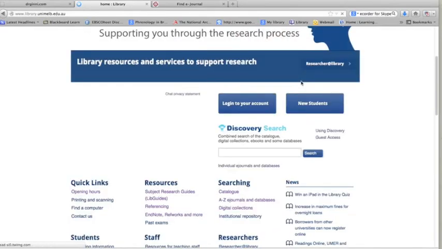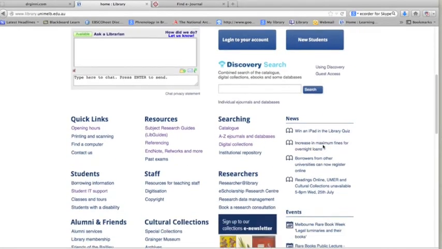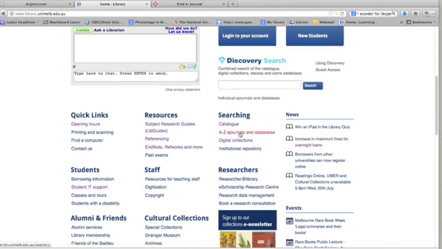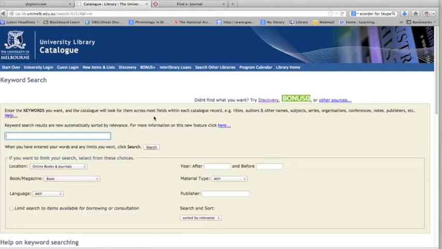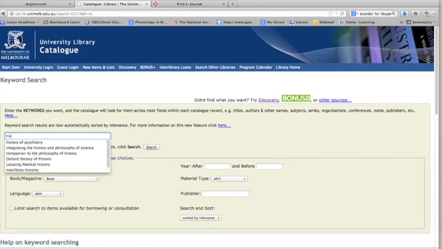So let's go back to the library website. This time we want to go into catalogue, eBooks. There are very many different ways of doing this, and if I type in history of psychiatry,